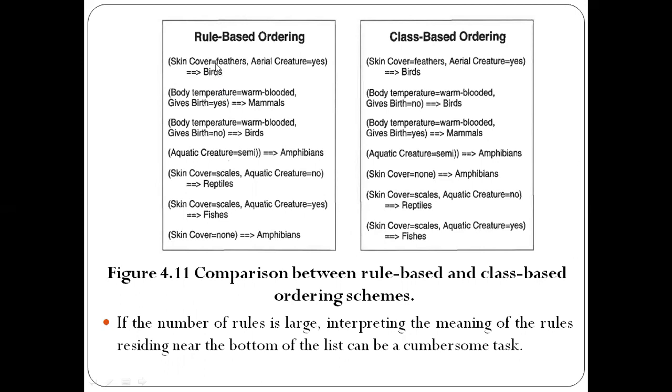If you see here, birds is appearing here, and one more birds class is appearing here. And then amphibians is here, and then amphibians is here. So there is no grouping of the rules that have the same class label. But in case of the class based ordering scheme, all the rules having the same class label will be appearing together here. The rules that belong to the same class appear together in the rule set. Sometimes these rules having the same class information can even be sorted. Using some sorting mechanism, we can sort the rules having the same class information.